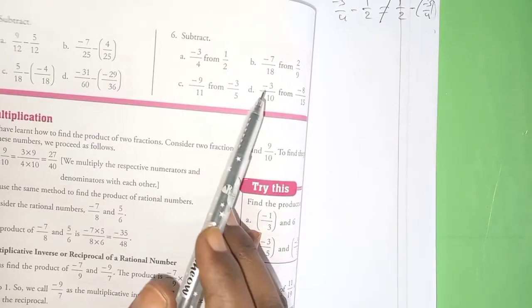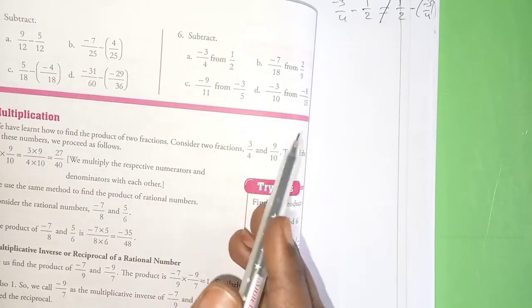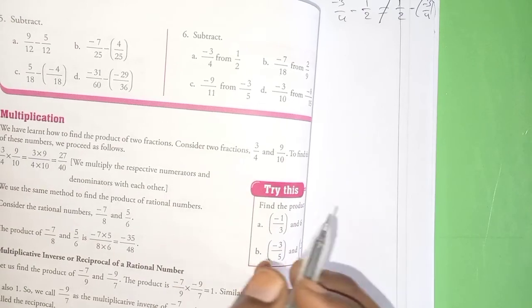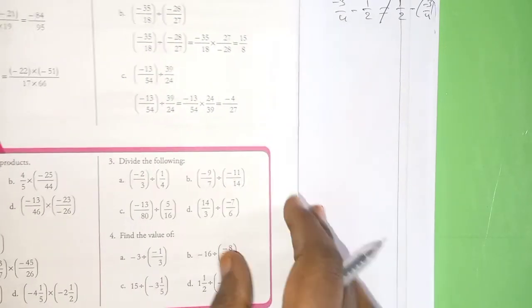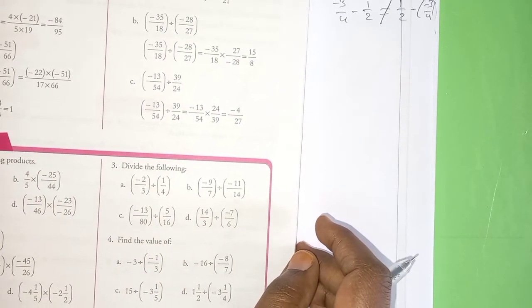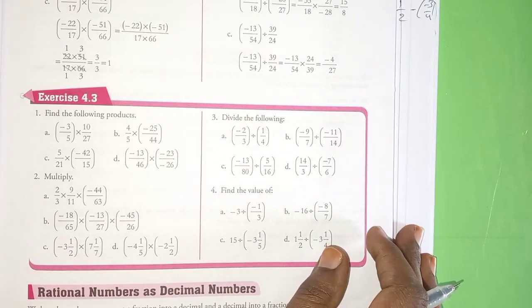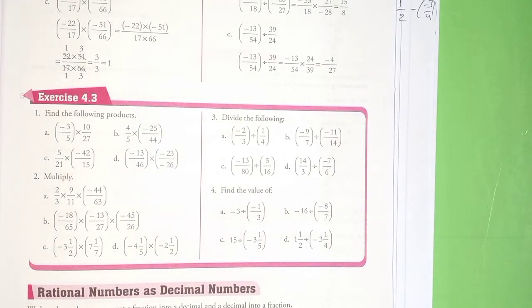By this, exercise 4.2 is completed. Do the remaining problems in the maths HW. In this same video, I am going to continue with multiplication, exercise 4.3. Exercise 4.3 deals with multiplication and division. As you already learned fractions, how to multiply two fractions, how to divide two fractions, that is the reason I am not giving any explanation prior to exercise 4.3 and I am directly going into it. So, first one, find the following product.